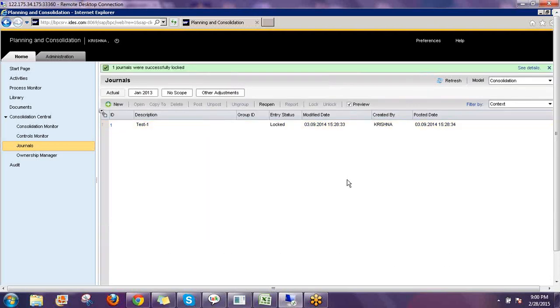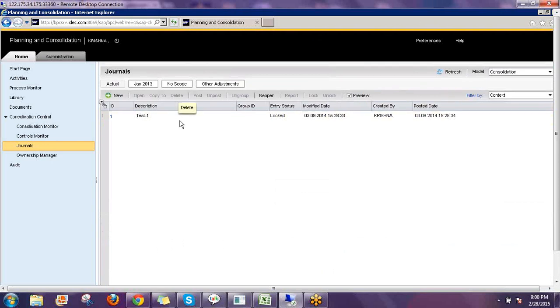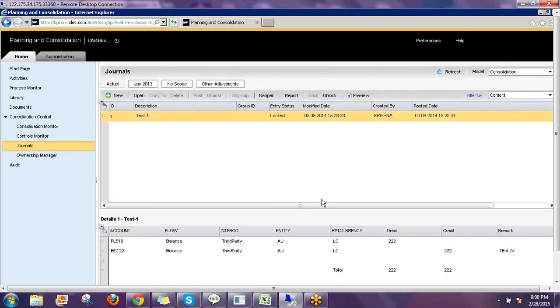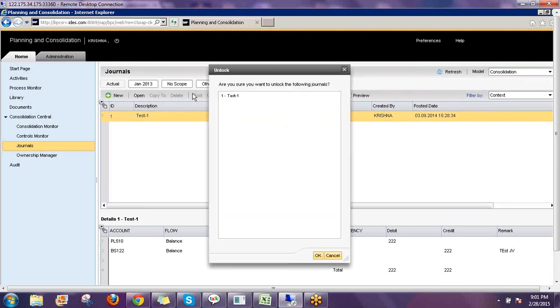That is where you can freeze your profit as far as management reporting is concerned. Now if after the audit has come they want to revise this entry, since you have locked it, first you have to unlock the journal. Again, if you want to do the modifications, first unlock,